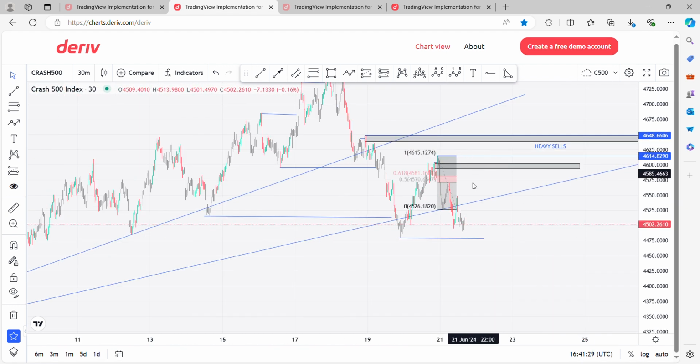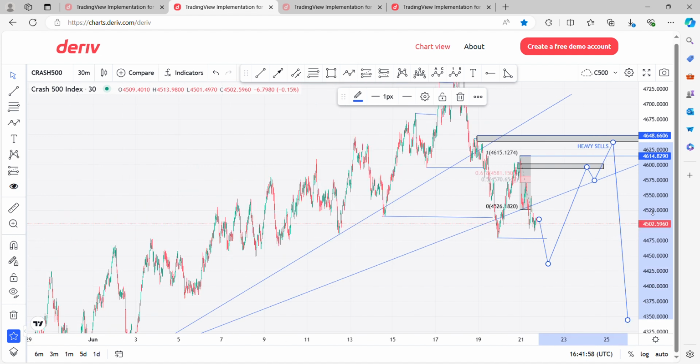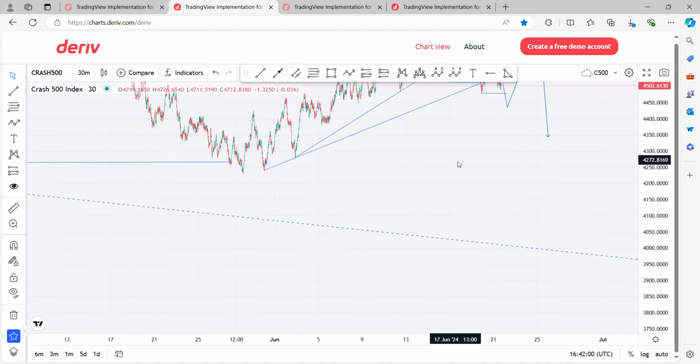But this is what we are expecting. Price is still coming back to take this liquidity that is there. For me, I'm expecting my sell to come to this zone and take this liquidity out. Then we have the heavy sell here. So this is what I'm expecting on 500 now. Clear this low out, then come back here or here. Then we have the long-term sell to our C level.